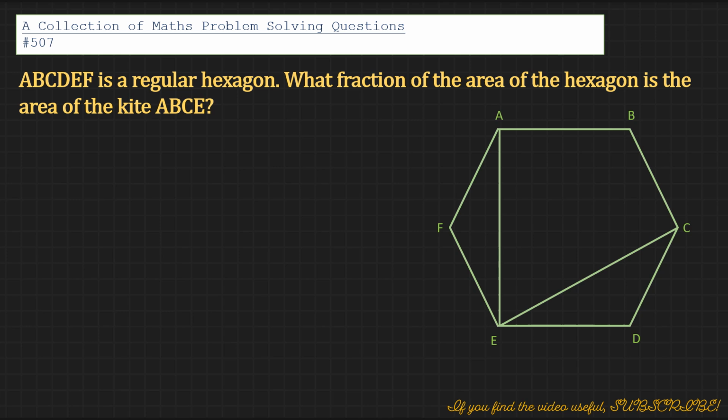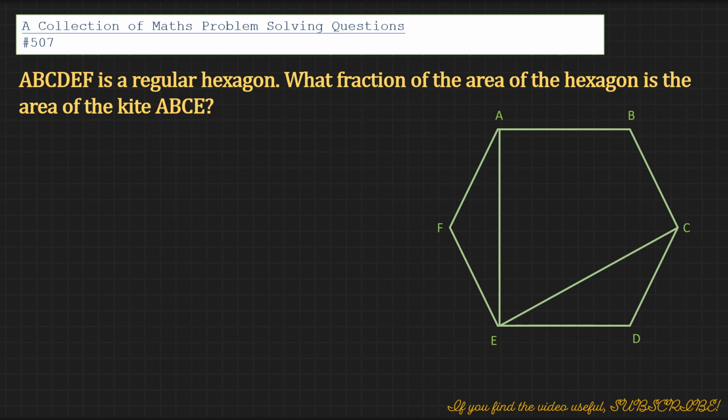ABCDEF is a regular hexagon. What fraction of the area of the hexagon is the area of the kite ABCE? There's an easier way to work this out, but the way I will be doing it involves a bit more maths. So the first thing I would do is assume that the sides of the hexagon are